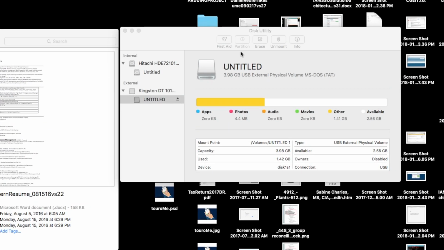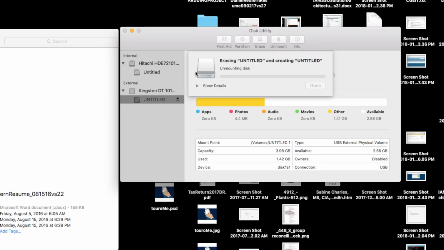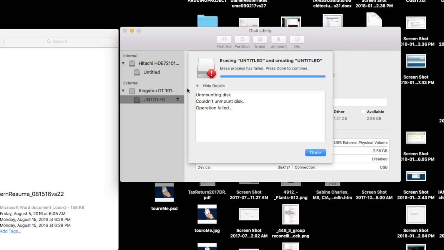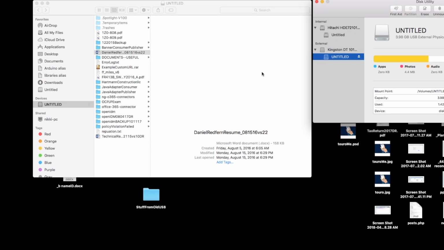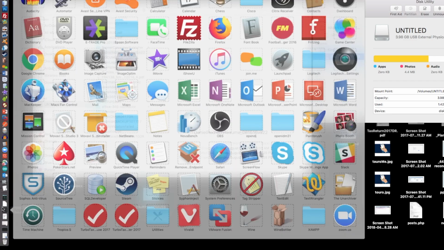Alright guys, so in this video what I'm going to try and do is erase one of my disks using the disk utilities. More often than not though, if there's a particular issue, you'll see that the operation's failed. So in order to try and resolve this, you first have to see if there are any processes running associated